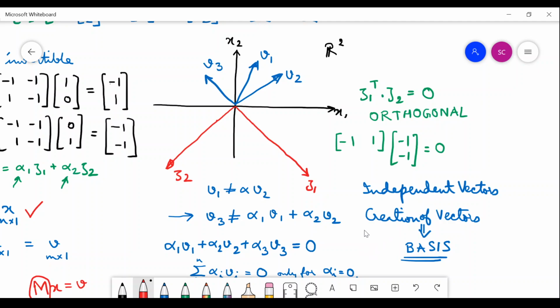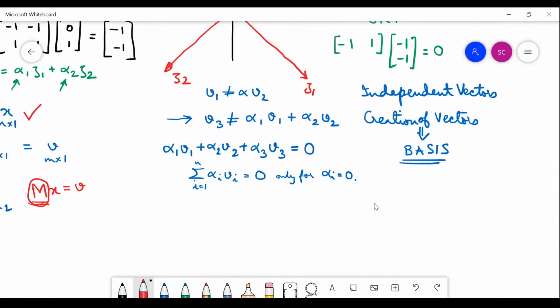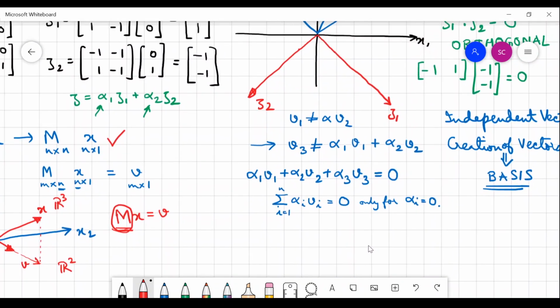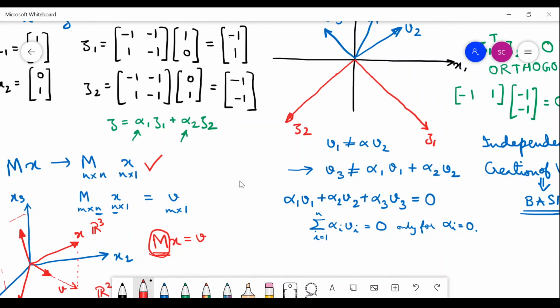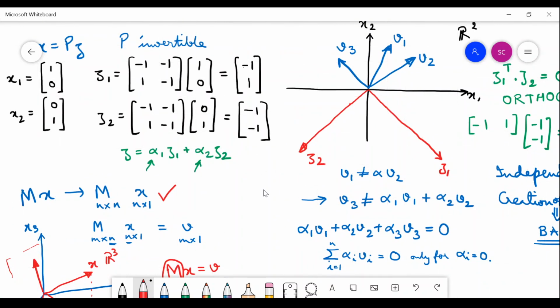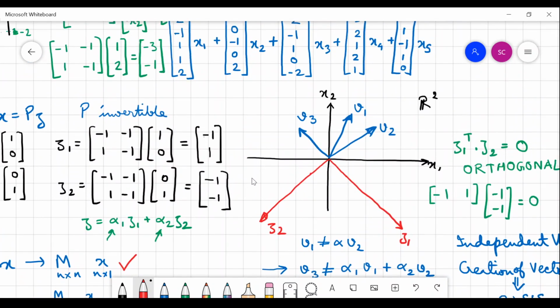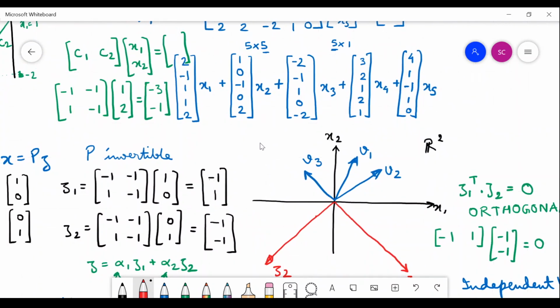And if we have independent vectors, they form a basis. So as many independent vectors as you choose, you get that dimensional space. You cannot create a higher dimensional space with a lower number of independent vectors. With these understandings, I will end the lecture here, and I ask you to do those exercises. Just choose some matrices and choose some vectors, draw them on your pen and paper, and you will gain the understanding very well.